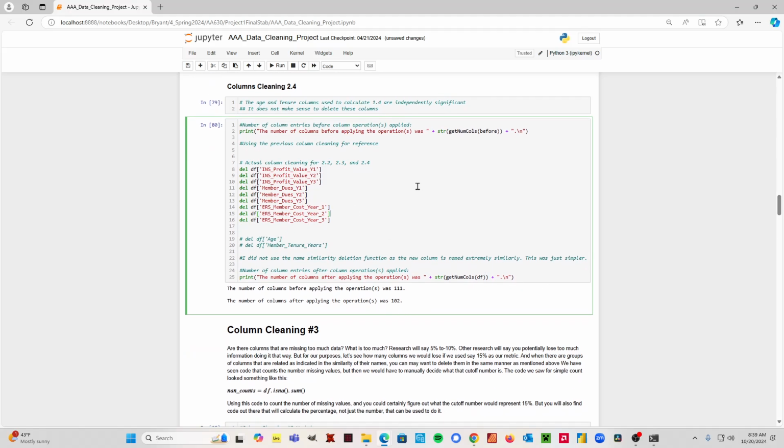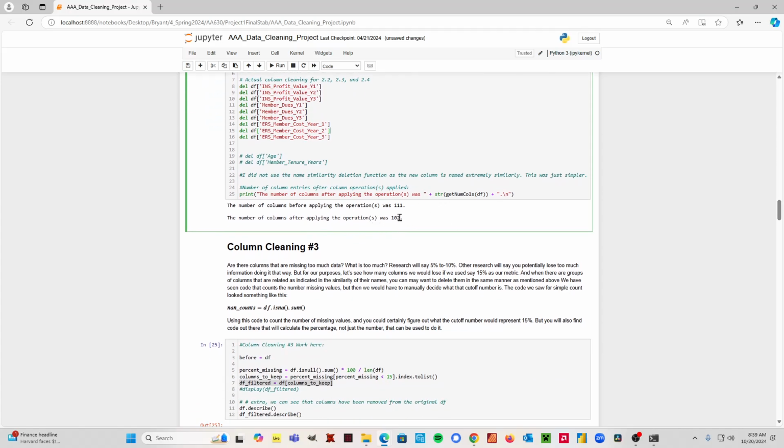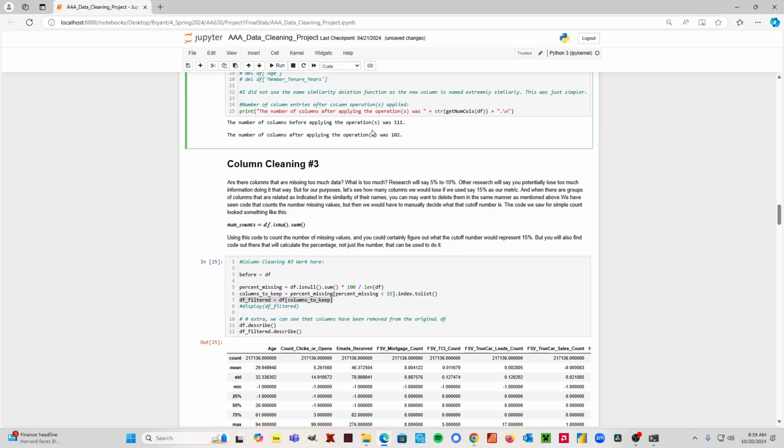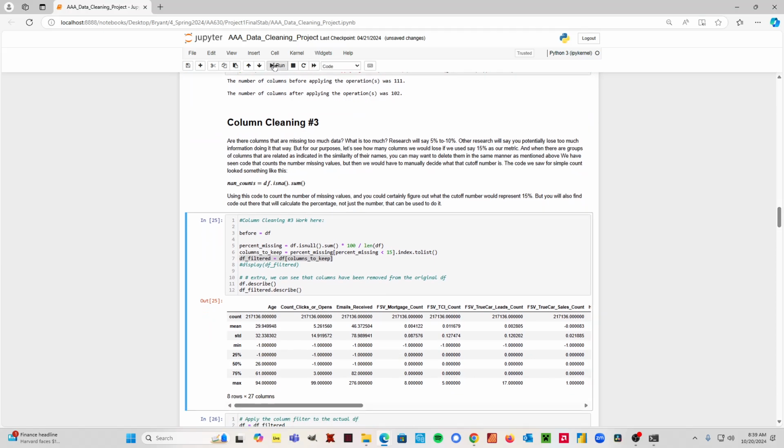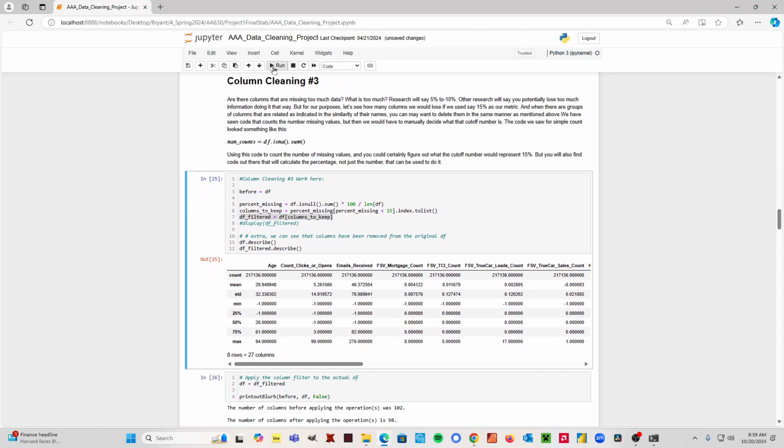And since we had already made a column that kind of captured this data, we just deleted them, which you can see running the helper function that we designed above. There's less columns after cleaning it. So if we keep going, the idea to this was if we had a huge amount of